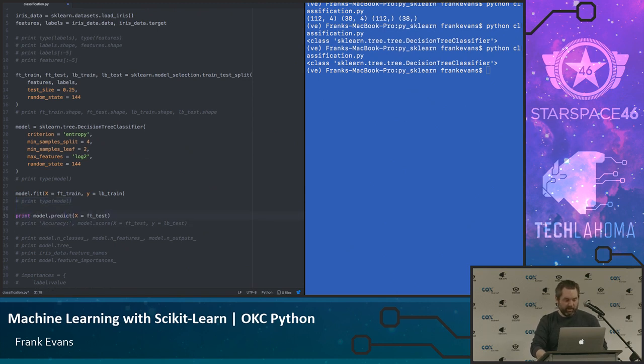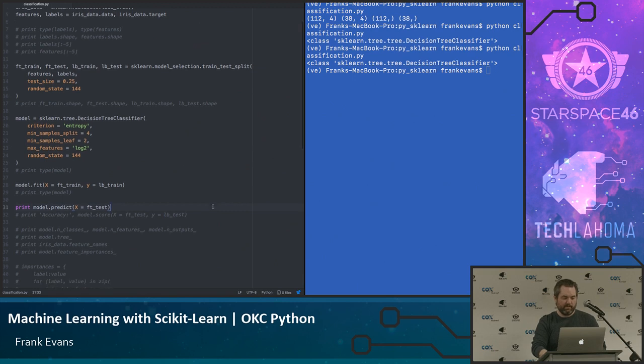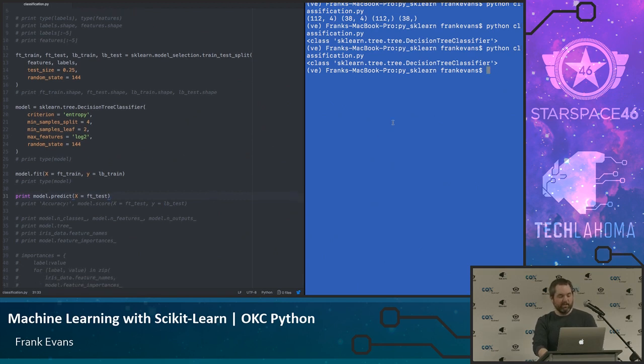But what I can do with it now is feed in my test data. So these are FT, my features from the test data that I split up above. And you'll see I bound all my variables here. This is sort of a personal preference, but also to make it very clear what was what. Capital X and small y stand in for a matrix of features and a vector of labels, notation left over from mathematics. You'll see that reinforced here, which is nice. If you want to take this to your stats professor, he or she will understand it too.